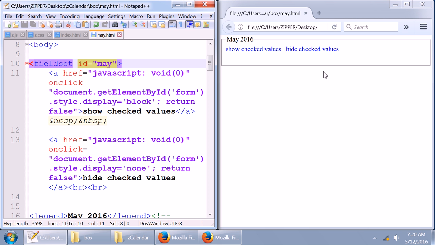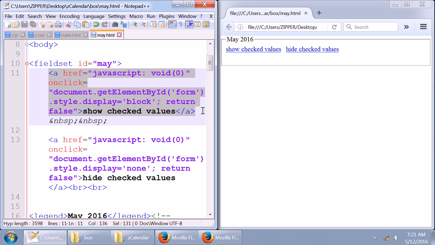Back to this page itself. Here we have a link. This is the ending link tag and this is the beginning link tag, and what's in the middle of the link tag is the text that you see, the words show checked values, and you see that right here. And I'll read that from there to there. A ref equals JavaScript colon void parentheses 0 on click equals document.getElementById parentheses and single quotes form.style.display equals block. Return false. This and NBSP